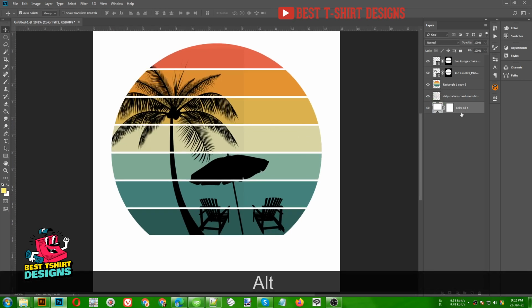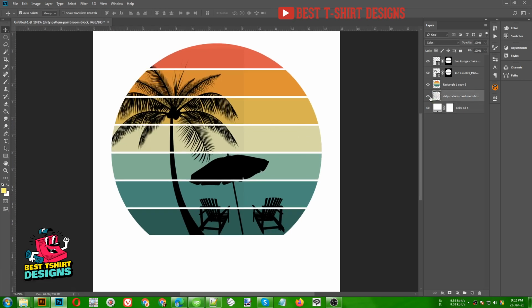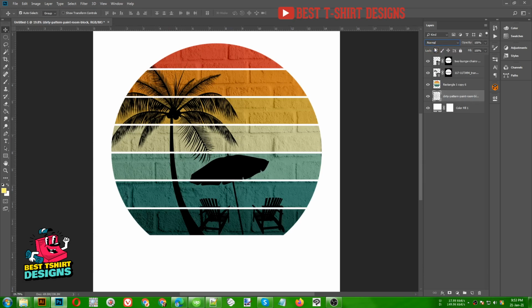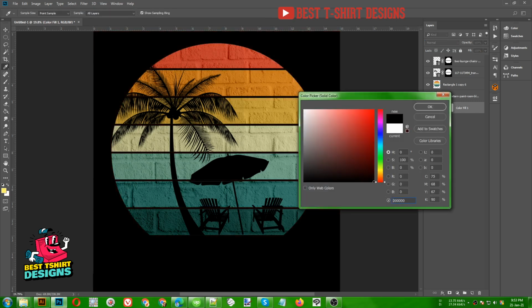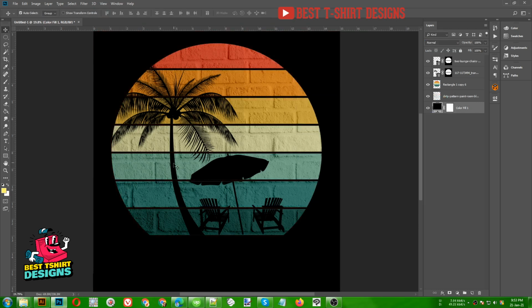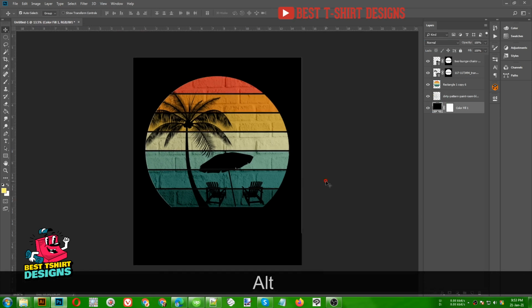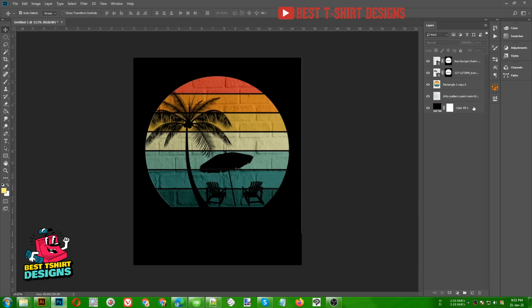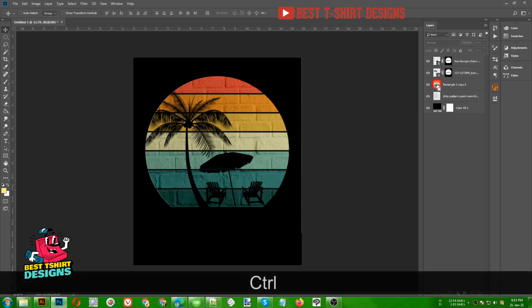Okay, so that effect is not working here. Maybe we change the blending mode of that. We need to keep it normal, and that's fine, because this is our texture layer. We don't want to do any overlay of this layer. This layer we are using the linear burn, these two we are using multiply, but this layer should be just as it is. So now if I change the background color, you can see it is going to stay like this. So that's cool.